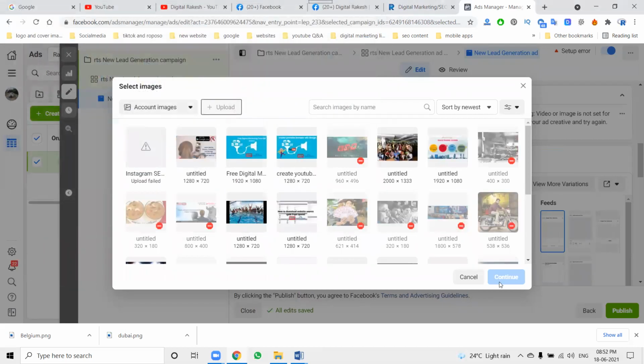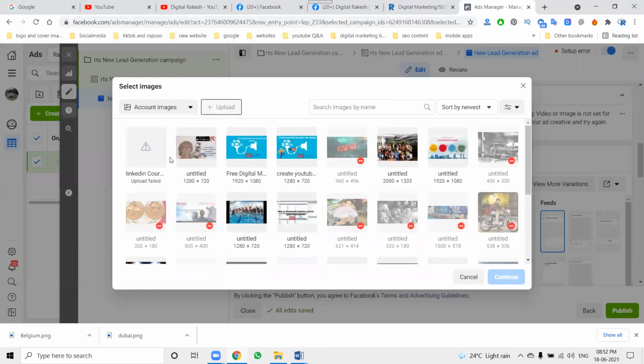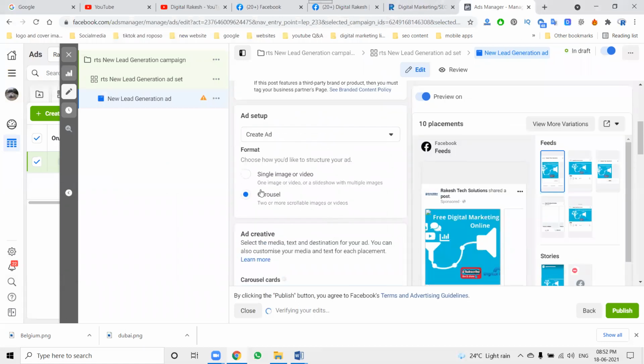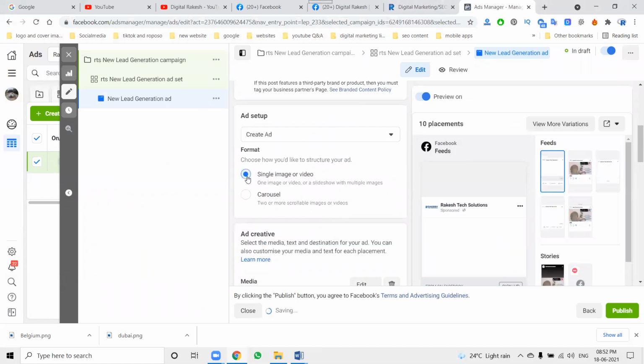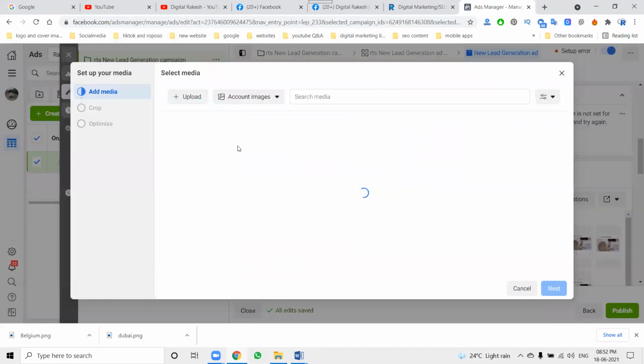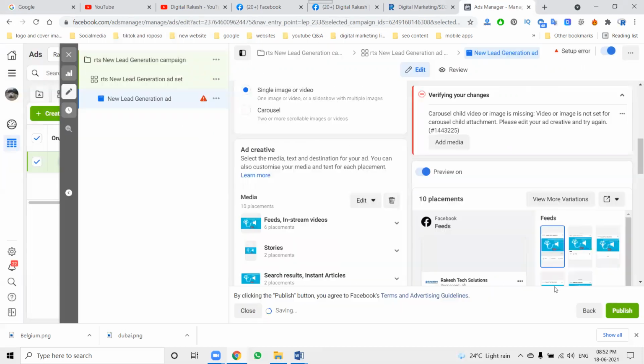So 500 by 500, 1000 by 1000, all these options are valid. Otherwise they will not be accepted. I'll go with only a single image ad, not multiple images. I'm not looking at this. That is called change media, upload option, select it.